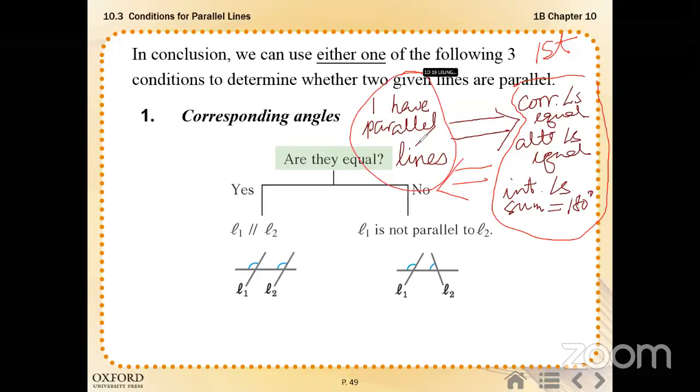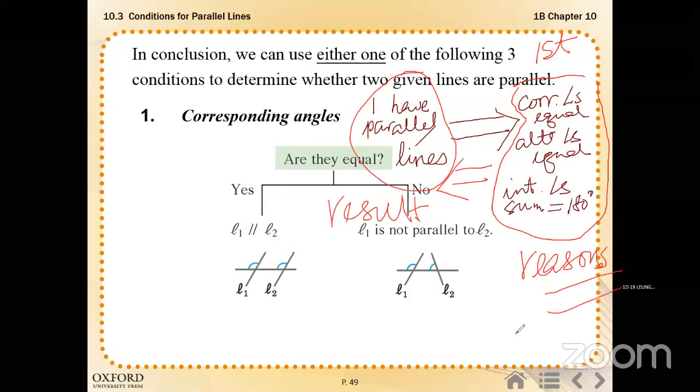And therefore, in this case, this part becomes the reason. And then this part becomes the result. This is session 3. Understand? We want to check the lines this time. We want to check the lines and then to tell people whether they are